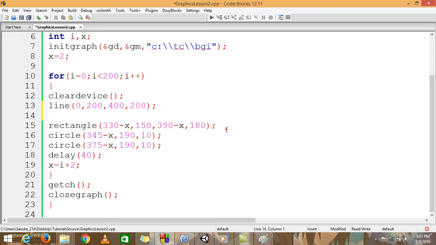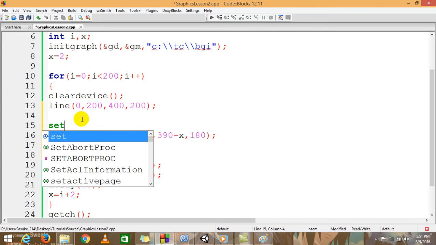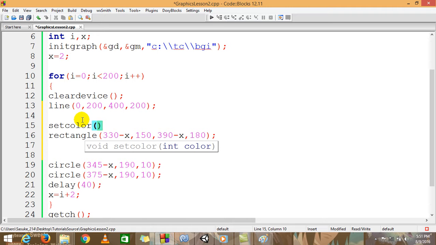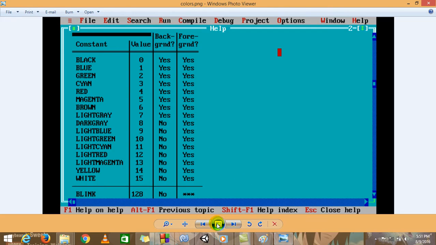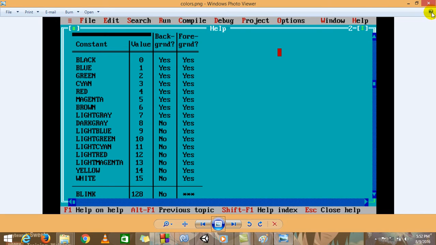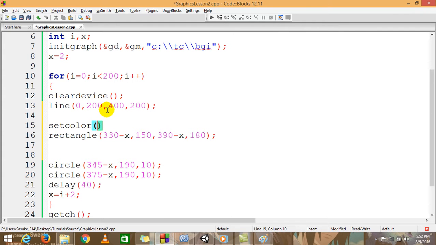First we are going to add our color in this rectangular box. For that we are writing the function called setcolor. Here we are going to give a particular color. In C programming we have this kind of index. For black we have index 0, blue 1, green 2, cyan 3, red 4, and so on and so forth. By using this index we are going to give it color. At first I'm going to give it 2,